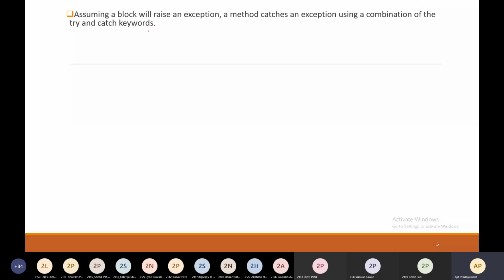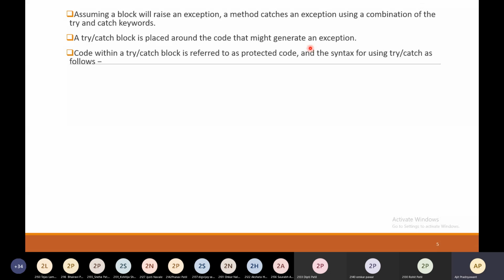A try catch block is placed around the code that might generate an exception. Code within the try and catch block is referred to as protected code.